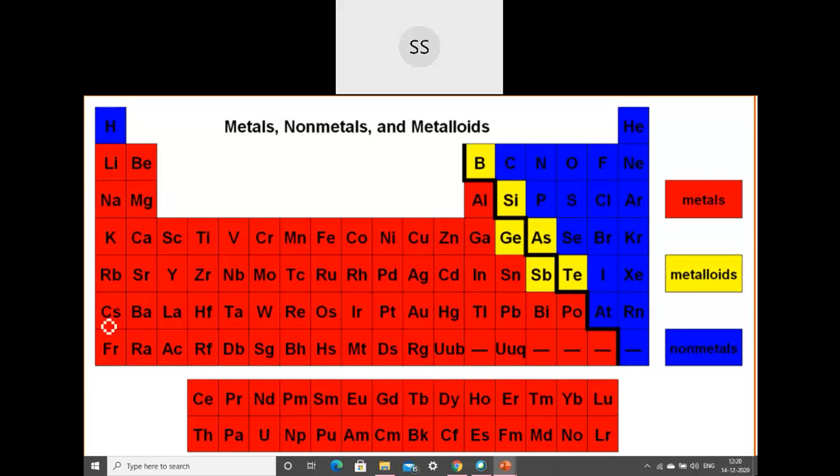Metals are over here. First group and second group elements are metals. Metal means the one who can lose the electron very easily. So these elements placed in the first and the second group are more metallic in nature because they have one or two electrons to give. So they have an easy tendency to lose that electron. So they are more metallic in nature and their ionization enthalpy is also very low. I'm talking about the first group elements having the lowest ionization enthalpy compared to any other element.